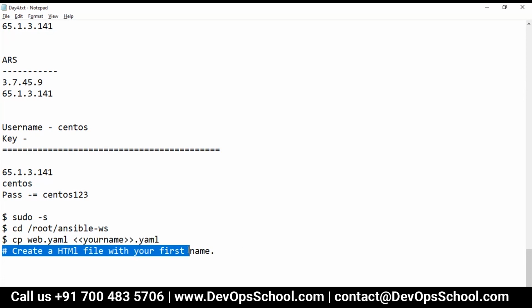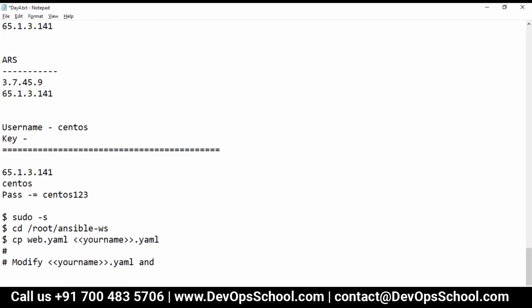So then now modify this, and here create one HTML file with your first name, .html. Modify this, and this is the first name. So don't just write a first name. It should be your first name .html. So modify the HTML file and deploy